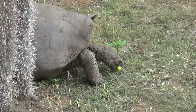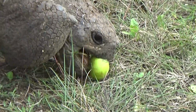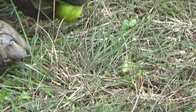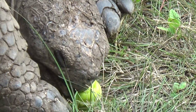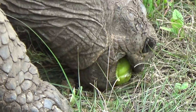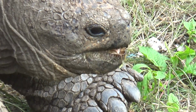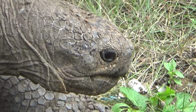Yeah. Look, she's having her favorite food. I can tell this is the female. This is a growing up female. I saw already the small tail. It has a small tail that actually is called the cloaca. That is the reproductive organ for the female reptiles, and it's a tiny little small tail. And this could be a good 60 to 70 years old female giant tortoise, and they love to eat these seeds